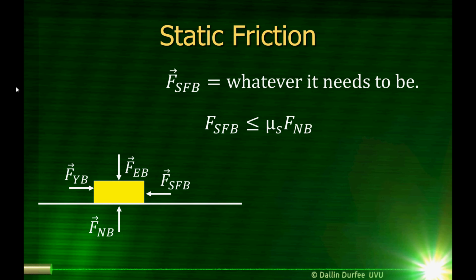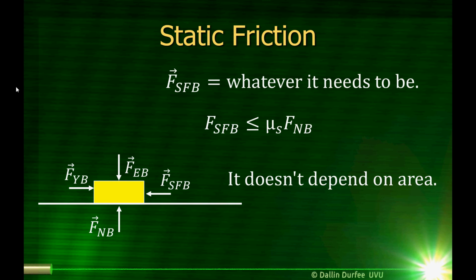If you push harder than that, static friction will give way and the book will start to move, and now you no longer have static friction, you have kinetic friction. Notice that the static friction doesn't depend on area. That may seem kind of strange, right? That if I have a big book